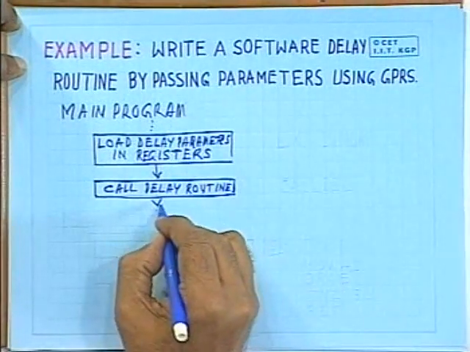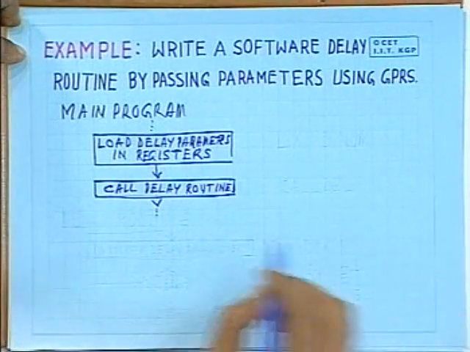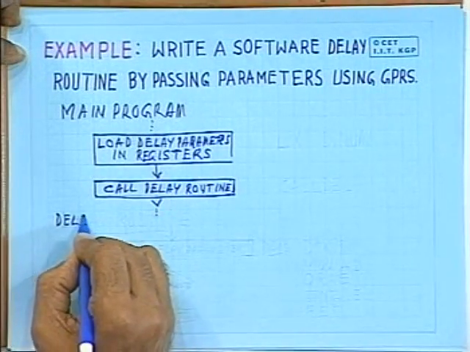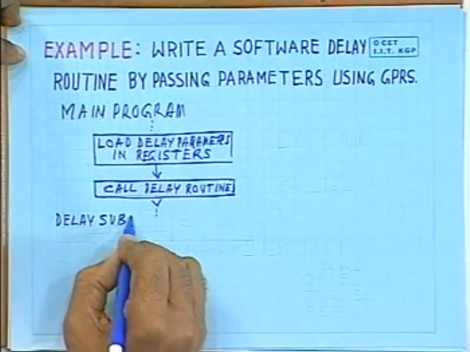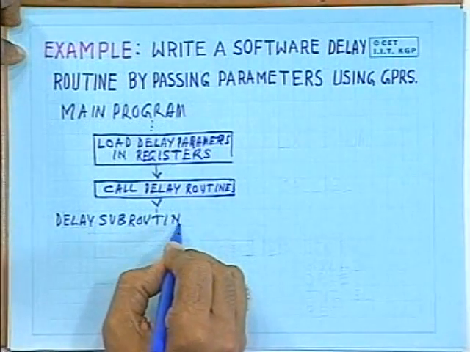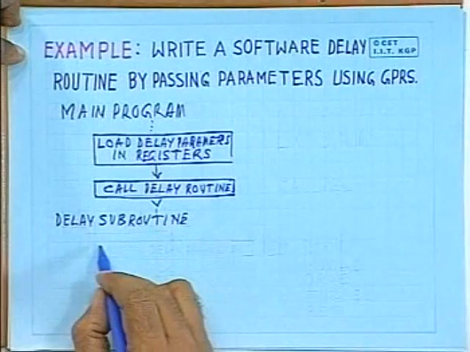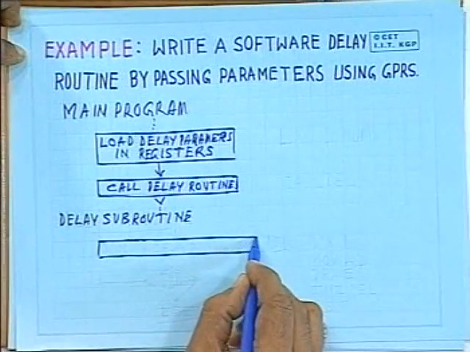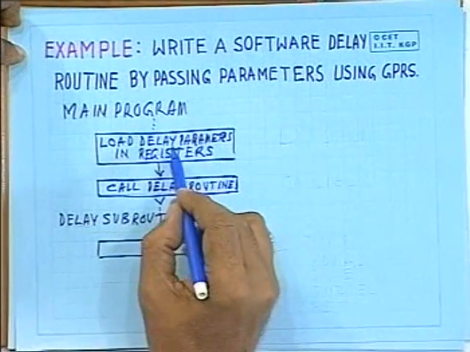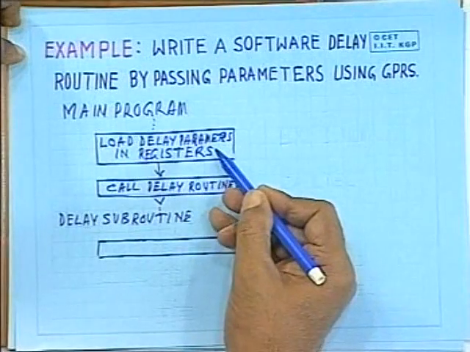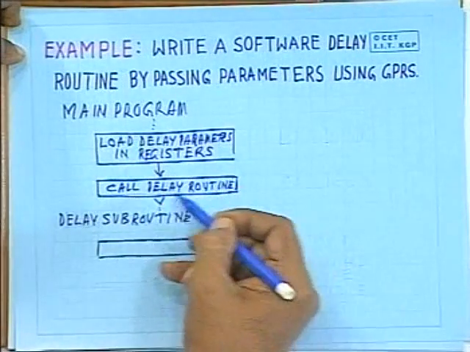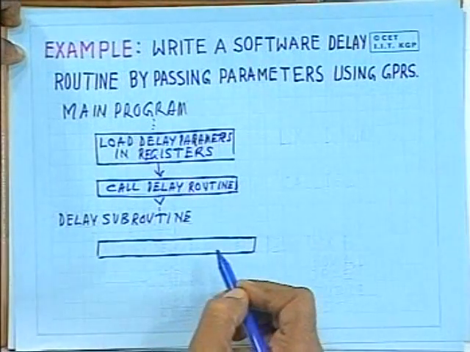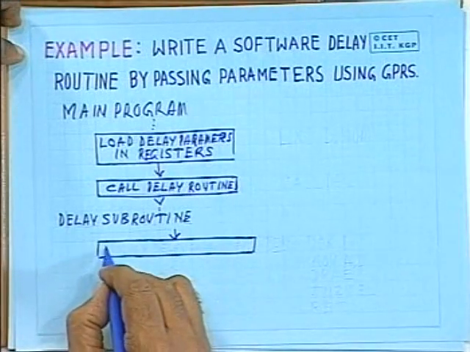So the delay routine will be called, and of course it will have another part of the program. Now let's see, this is the delay routine, subroutine. So the delay subroutine will have, first of all, since the delay parameters are already in the registers, you don't have to initialize them, because already when you have jumped to this subroutine, the parameter values are inside the program. So you simply modify